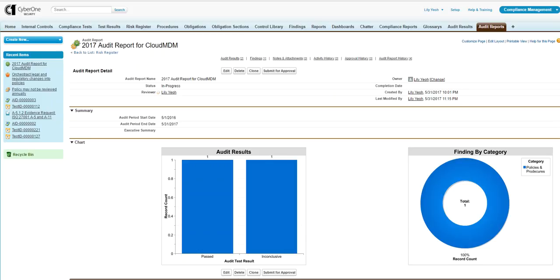Hi, this training is to provide you the steps to document internal audit results and reporting. First, you want to go up to Compliance Management and notice that now we have two tabs called Audit Results